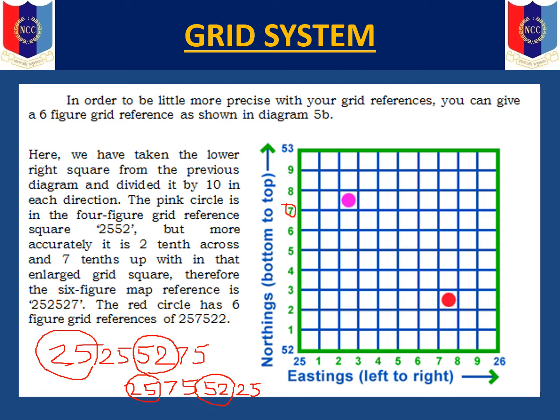Say for example, something is towards one end. Say for example here, this is the landmark here. So it will be between 4 and 5. It will be somewhere less than 4, 5. So you can take 4, 3, 4, 4, or between these two lines 6 and 7, it is less than 6, 5. So 6, 3 can be taken.